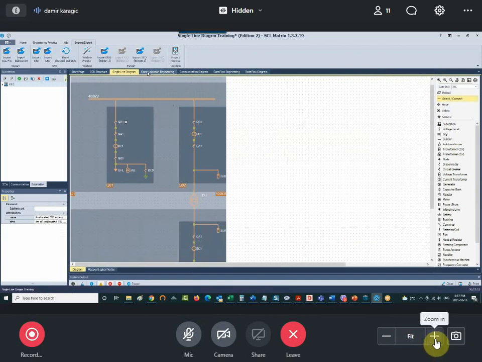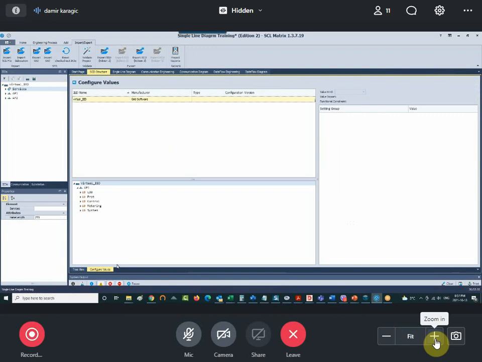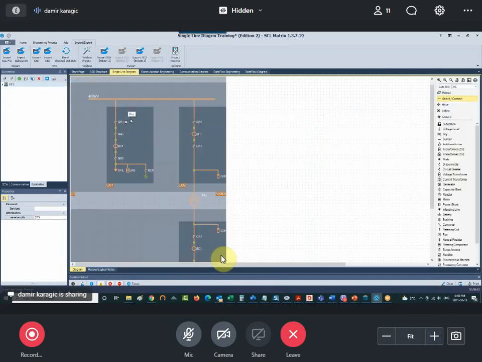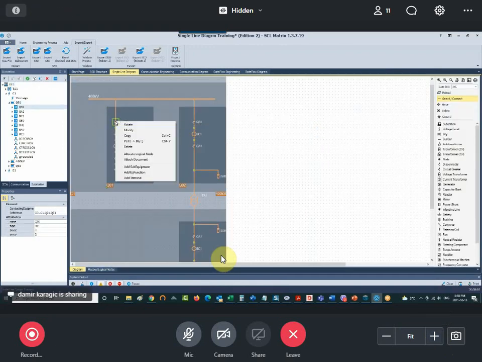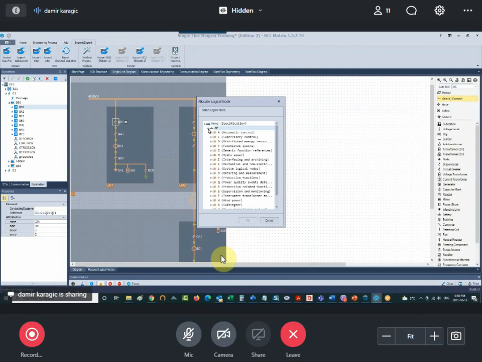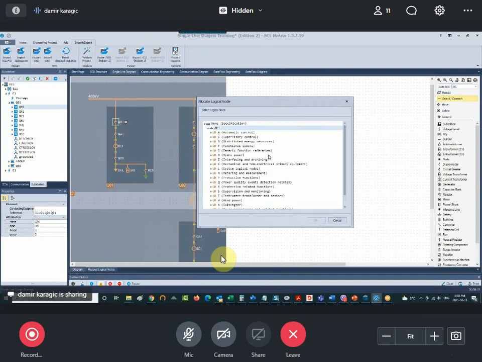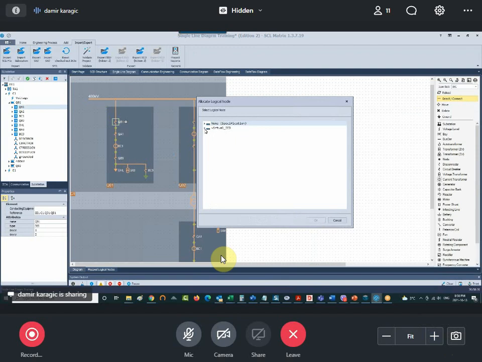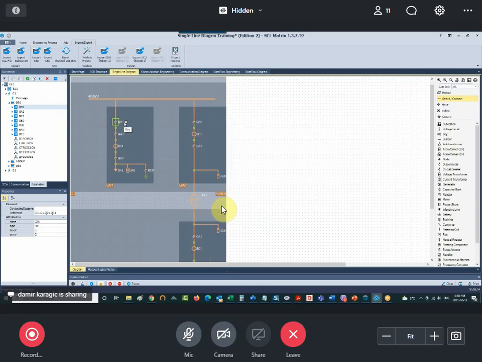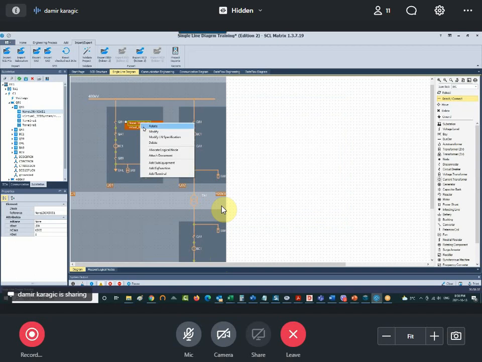And now, because I have this virtual IED in my environment, I'm going to look to see if this has, so I can allocate logical node not just from this builder, embedded logical node builder, but I can also use an IED, virtual IED. So I'm going to look and see if there is any X switch here. And I'm going to remove this one for the time being. Now, as you can see here,